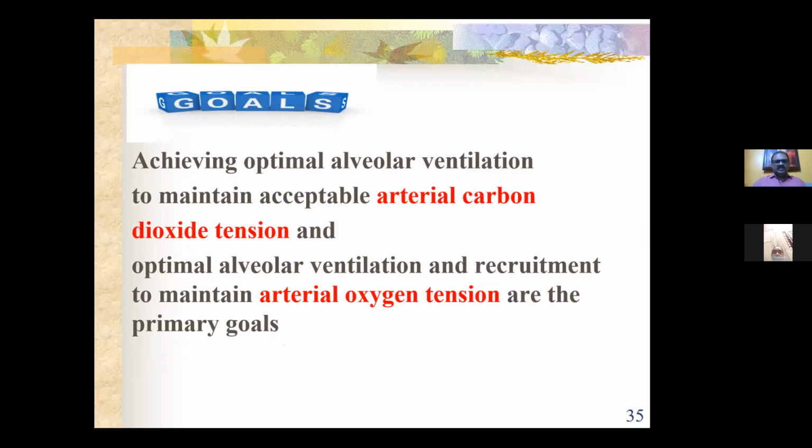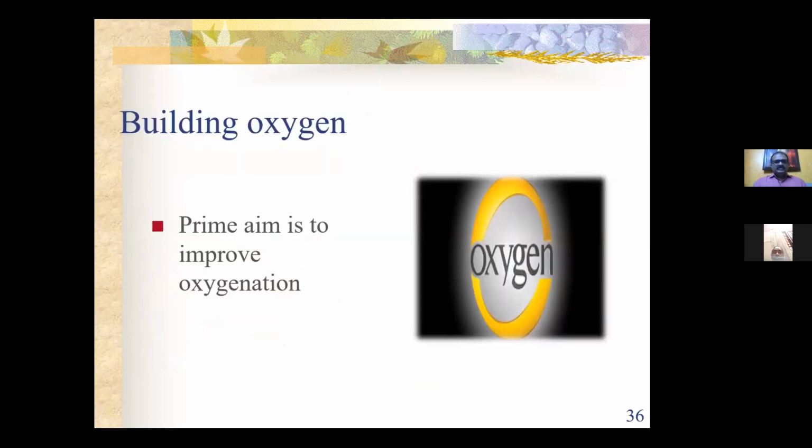Okay. So what you are going to achieve is basically trying to achieve an acceptable arterial carbon dioxide tension and maintain an acceptable arterial oxygen tension. So these are the two primary goals that we are going to address when you are setting a ventilator. So first we'll take up building the